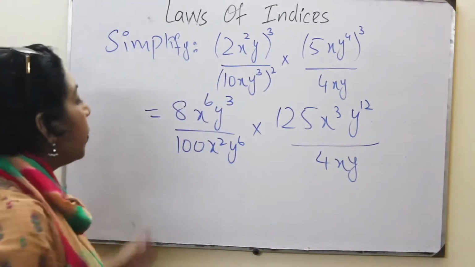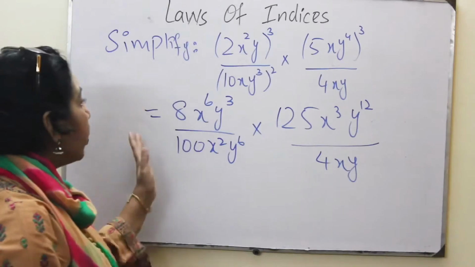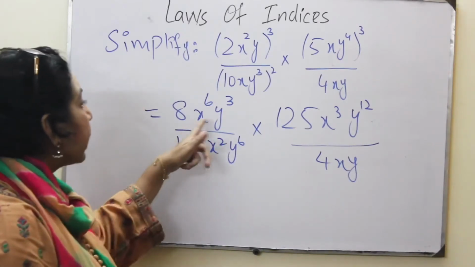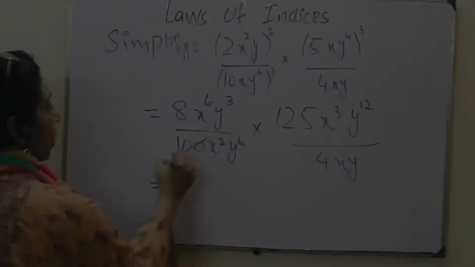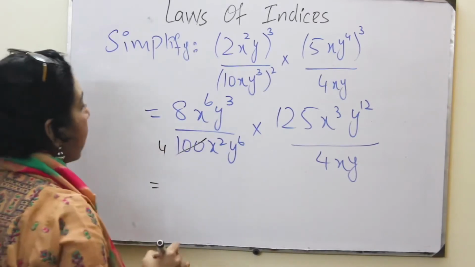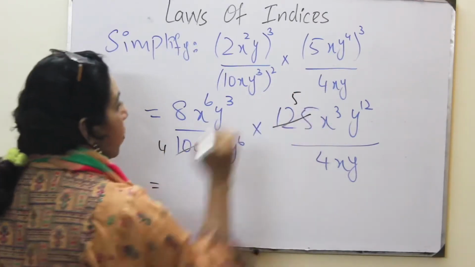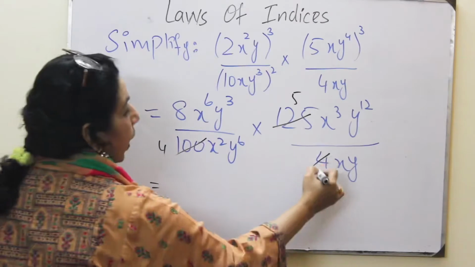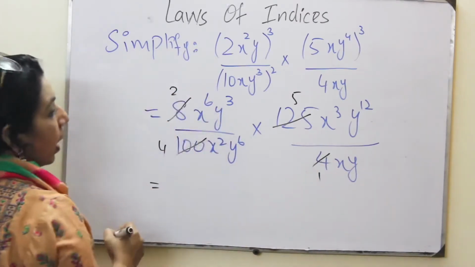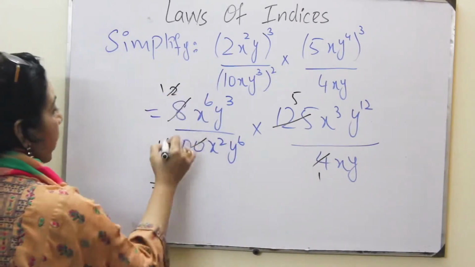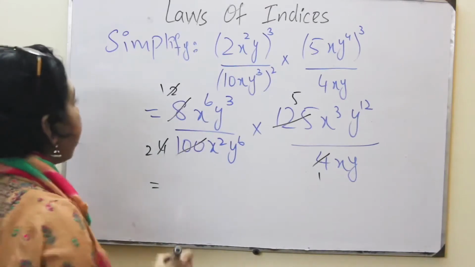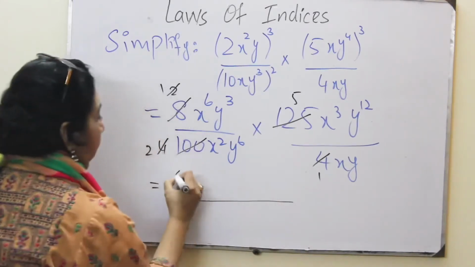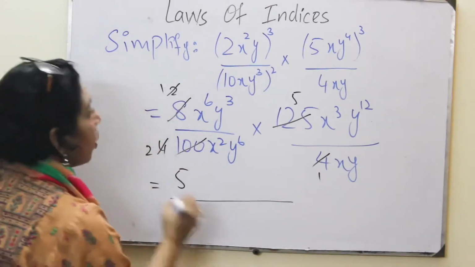Okay, here we can do the cancellation and we shall add and subtract the powers of x and y. And 25, 4 times 100, and 25, 5 times 125. 4, 1 times 4, 4, 2 times 8, and we can also cancel this 2 with this 4 and we have finally 5 over 2. 5 in the numerator, 2 in the denominator.